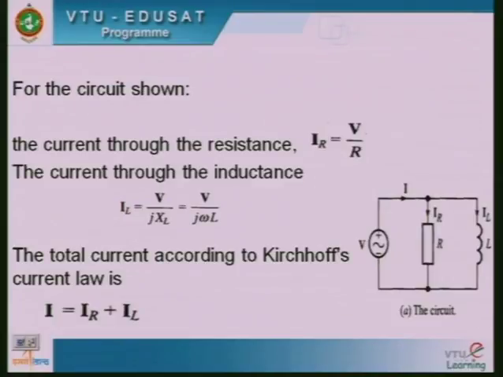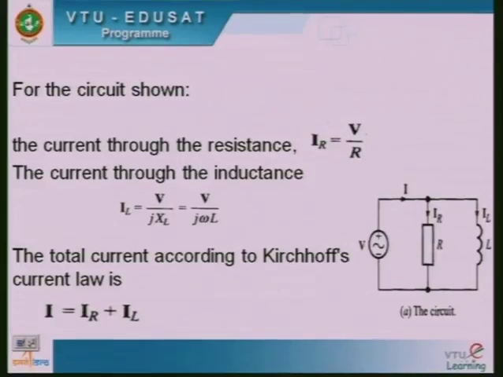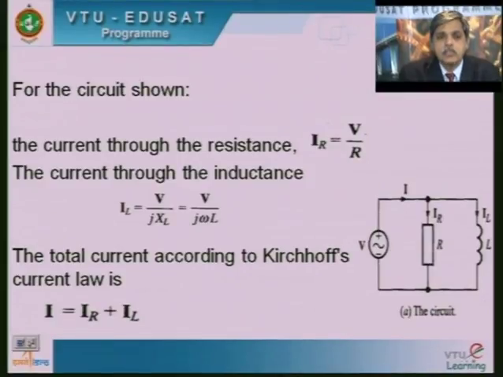Here on this screen you are seeing a parallel combination of a resistor and inductor connected to a voltage source of an RMS value of V volts. Now this parallel combination will have a common voltage of V volts applied across each element. That is, the voltage across the resistor is V volts and the voltage across the inductor is also V volts. This V is the RMS value of the source, which has a maximum value of V max.